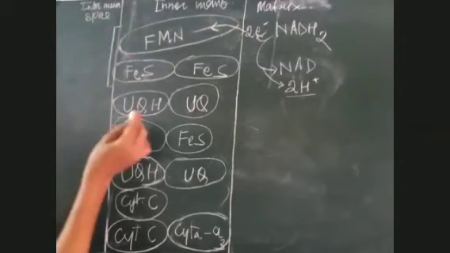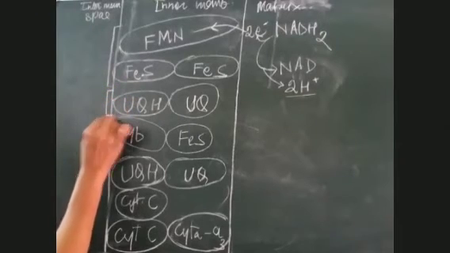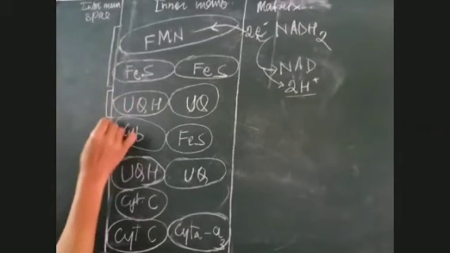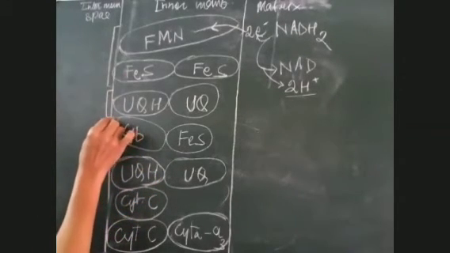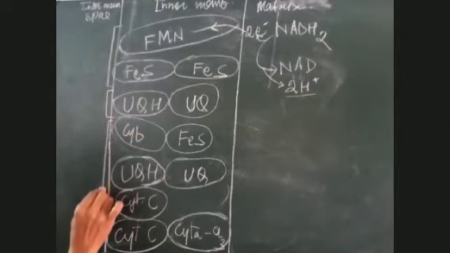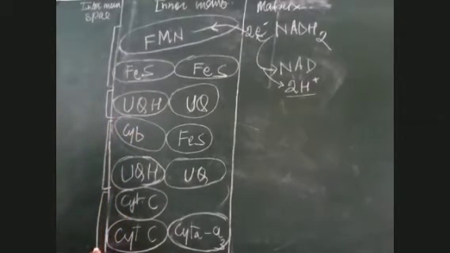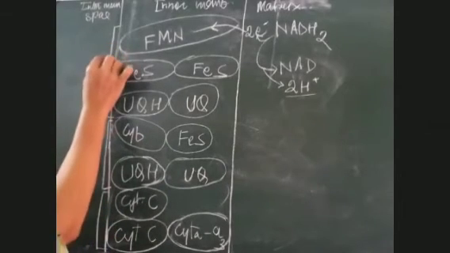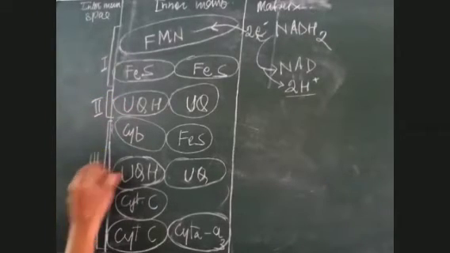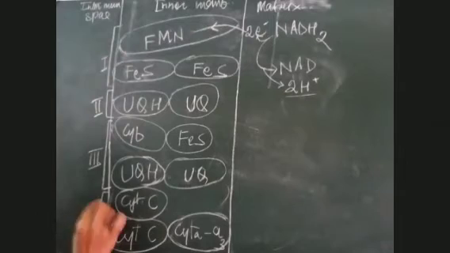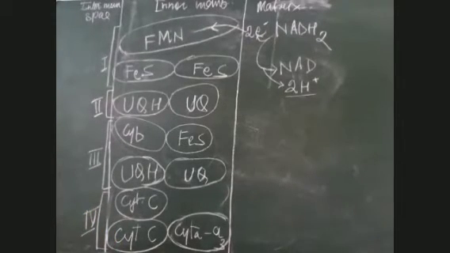And then this is complex 2, which is formed. And this one is complex 3, from cytochrome b to ubiquinone H. This is complex 3, and this is complex 4. So 4 complexes are formed. First, then the second complex, then the third complex, and finally we have 4 complexes. All these electron acceptors form 4 complexes, and through these complexes the electron which is released as a result of lysis of NADH2 travels.